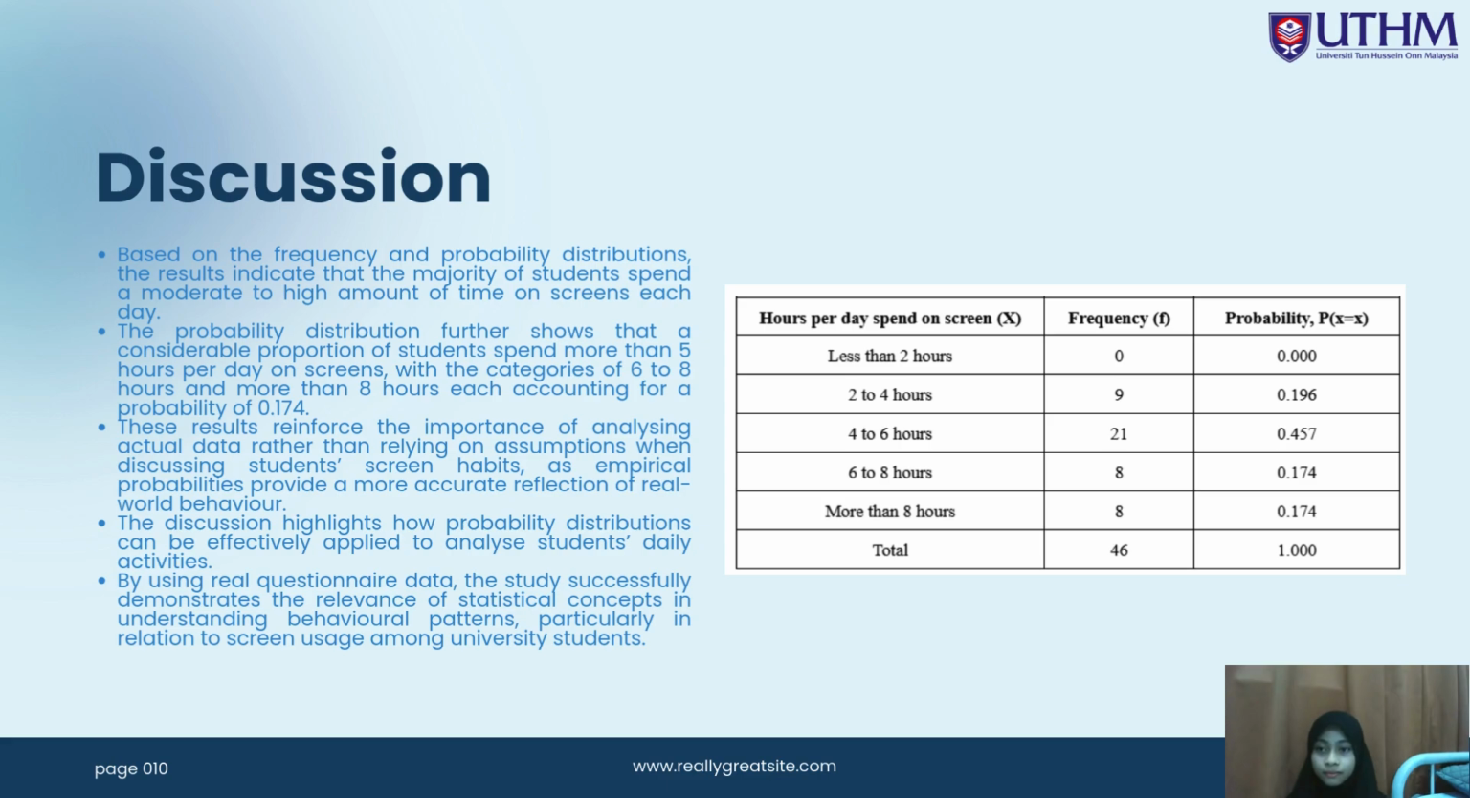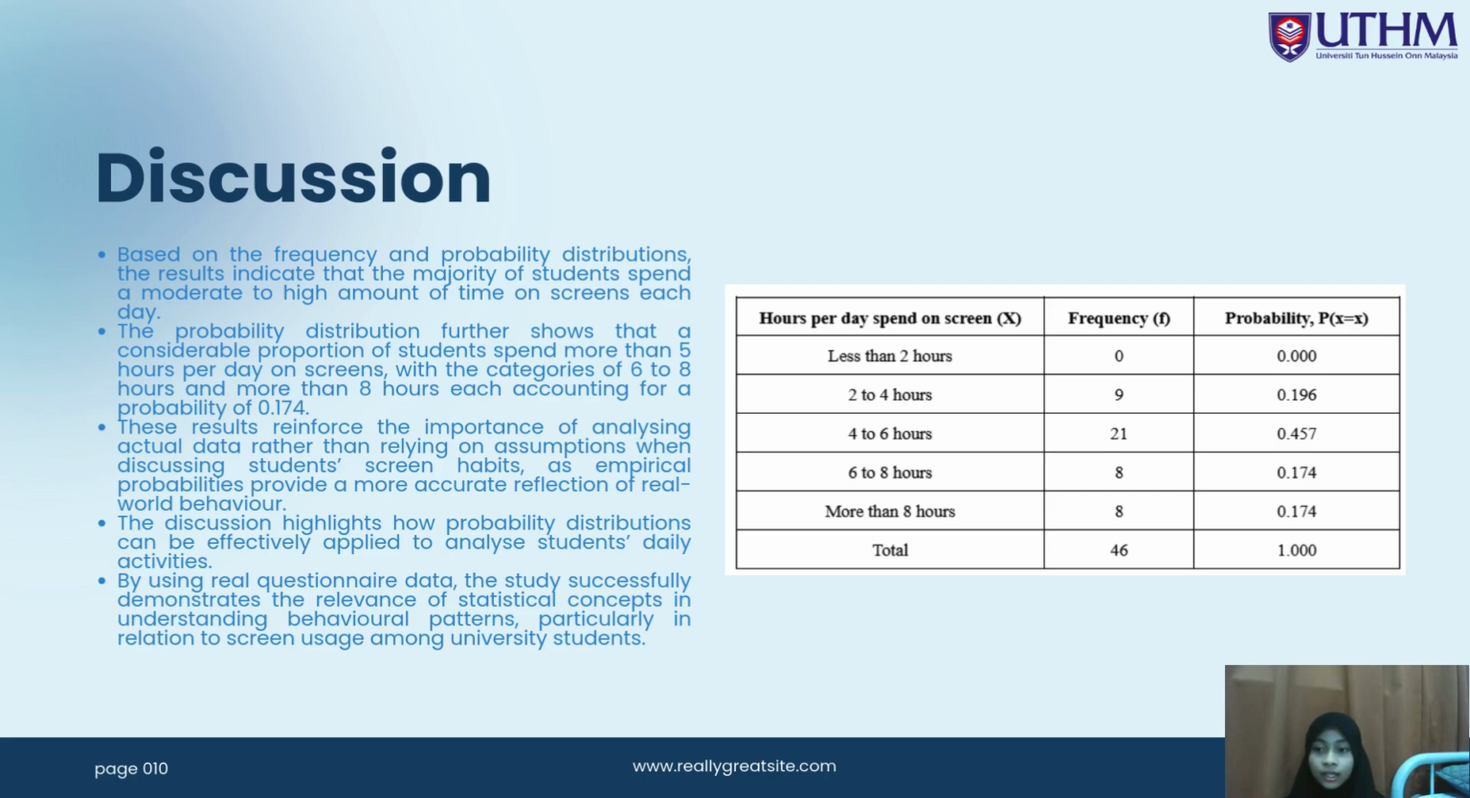0.174. These results reinforce the importance of analyzing the actual data rather than relying on assumptions when discussing students' screen habits, as empirical probabilities provide a more accurate reflection of real-world behavior. The relatively high mean value indicates that students are generally expected to spend several hours per day on screen, and the Poisson model shows that screen times tend to cluster around the mean rather than the